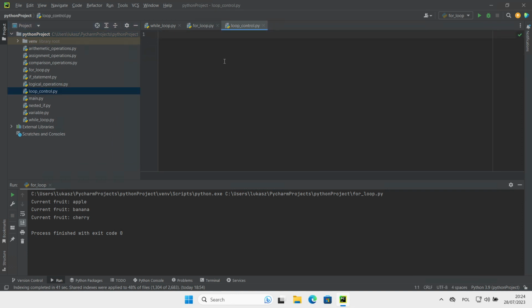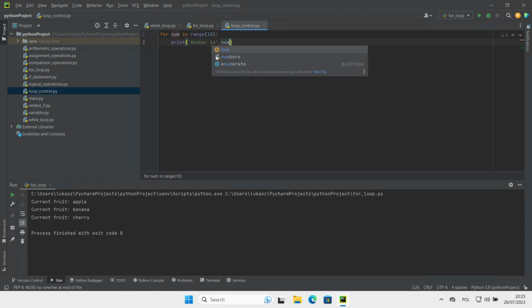And in our Python script, I'm going to create a simple loop: for num in range 10, print number is num. Okay, the range function